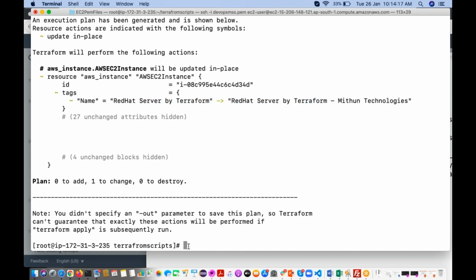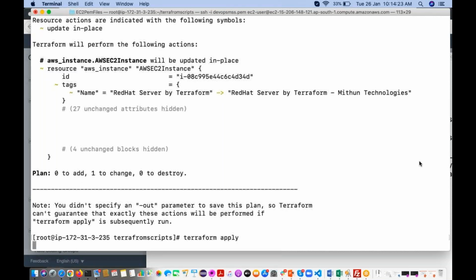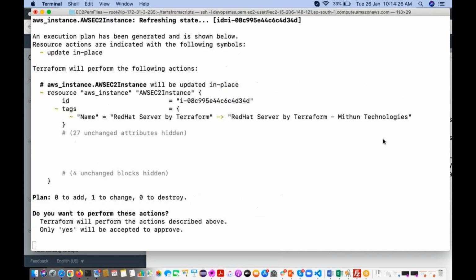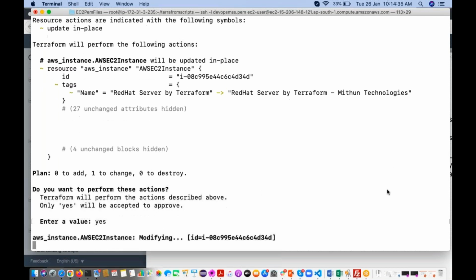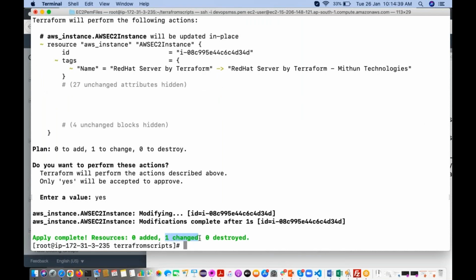Okay. So now I'm going to apply this one. Terraform apply. Say yes. See, 1 changed, 0 added, 0 destroyed.